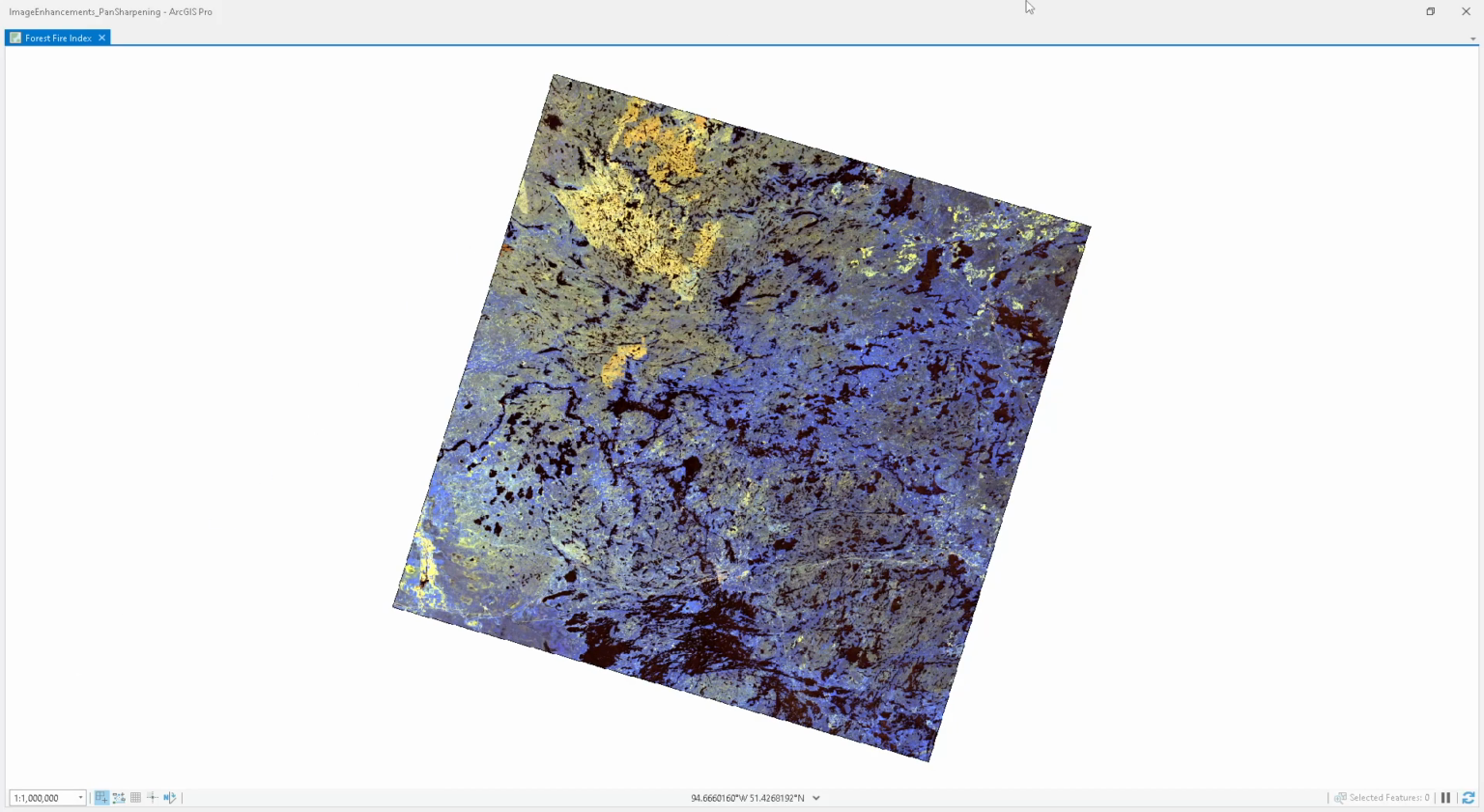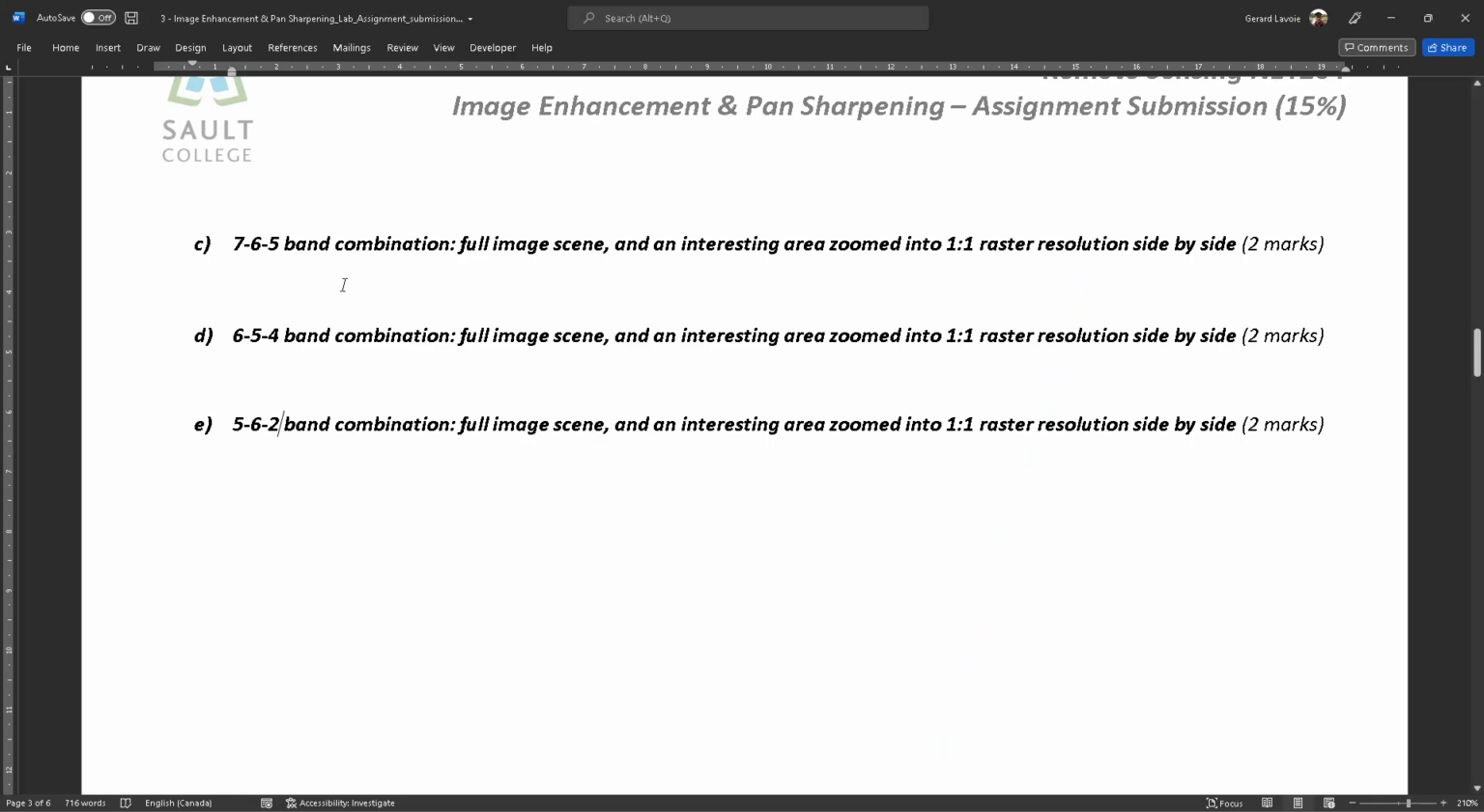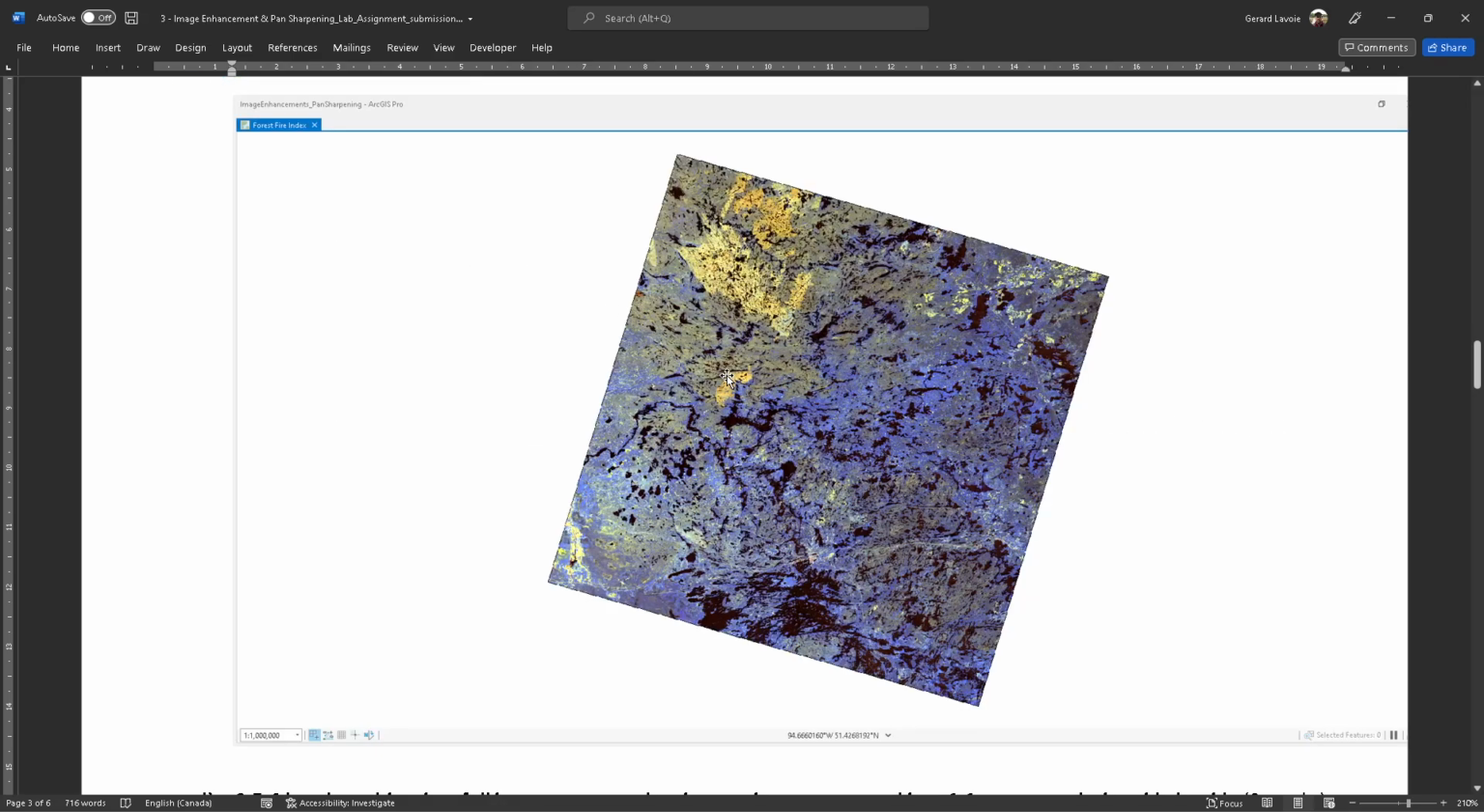Grab a screenshot of this. Word document right here. I'm not even going to bother cropping it yet. I can do all my cropping afterwards. Right. Let's go back to